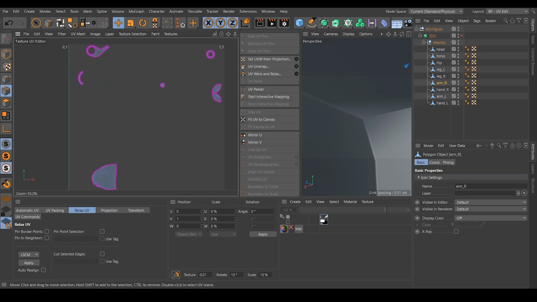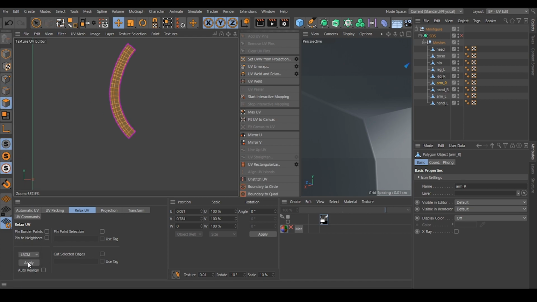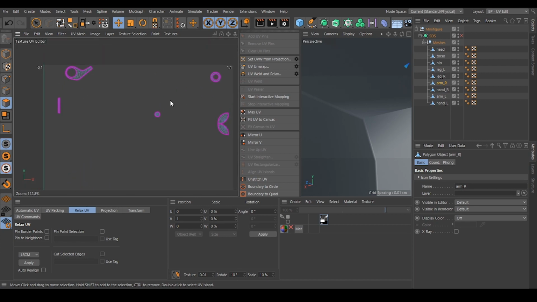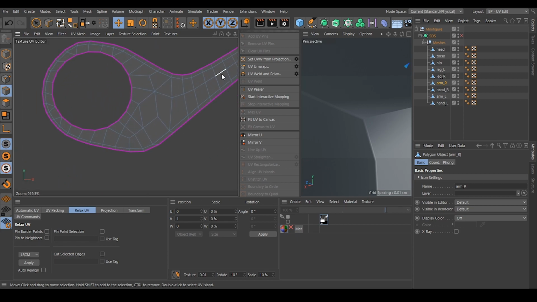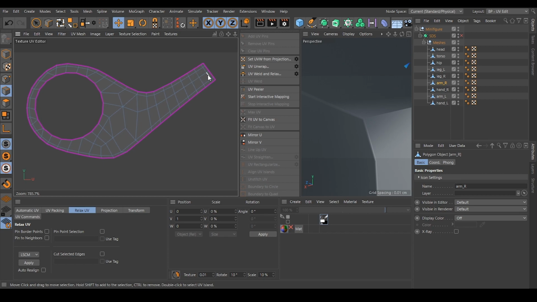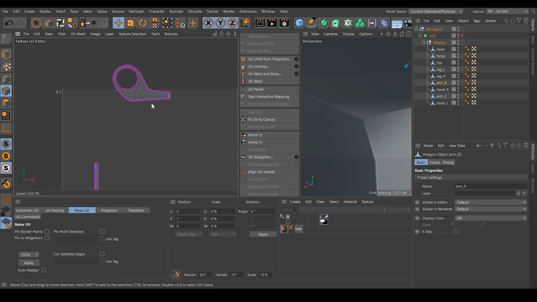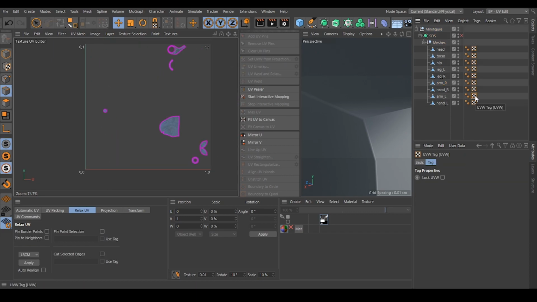Let's take a closer look at this one, and maybe we can try the LSCM method for this, or the UV Rectangularize. Okay, yes, this is looking nice. It's nice, wonderful. And maybe we align this one a little bit, something like this. Okay. And we want to align this one also. Okay. Let's delete it for the arm left and copy the arm right to the arm left